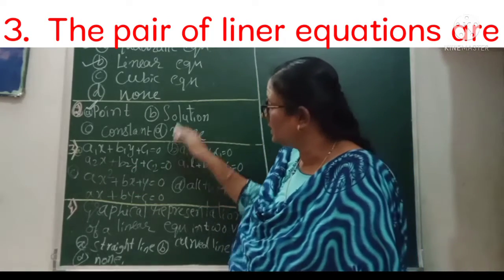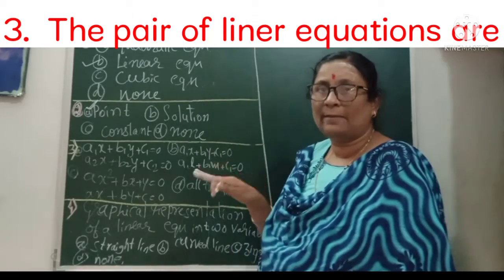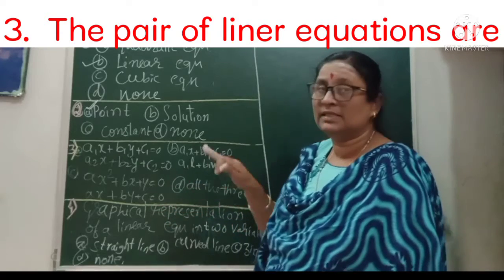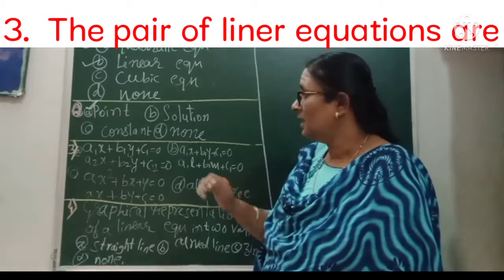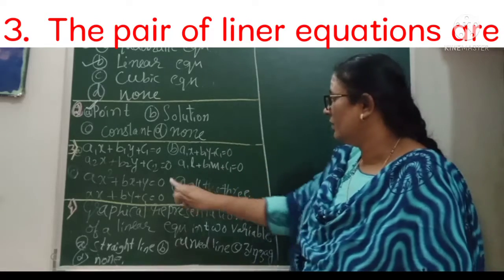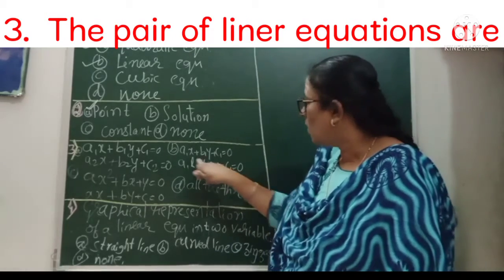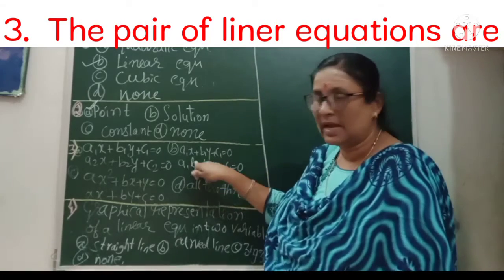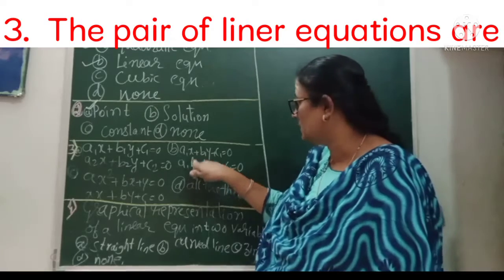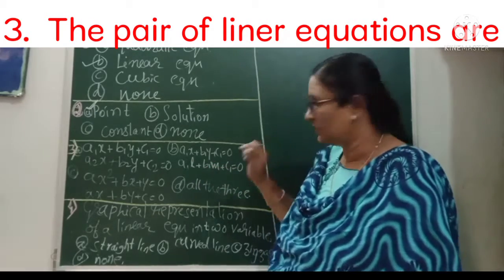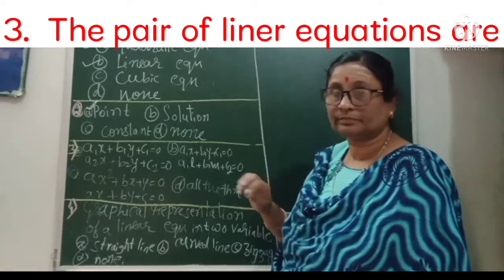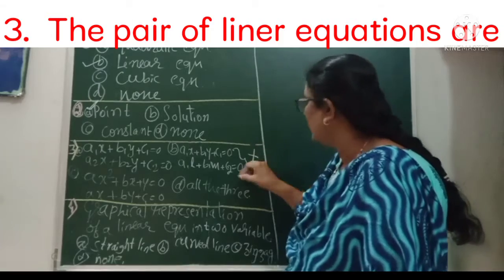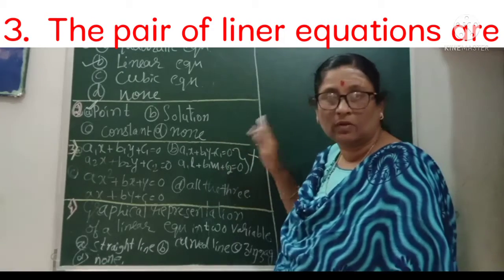What happens when the teacher is explaining the concept? You feel you understand everything, but when you sit and solve the questions, you may face confusion. So understand and clear the confusion. Look at the difference between this equation and this one. This one is a1x plus b1y plus c1. But here it is a1l, meaning I have taken, instead of x, variables other than x, like l, m and a constant. These are also linear equations, but these are not a pair of linear equations. We cannot take these together and we cannot solve them together.